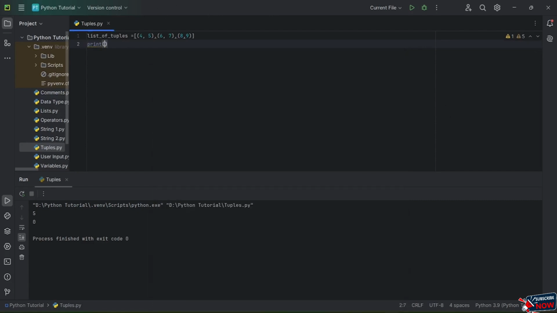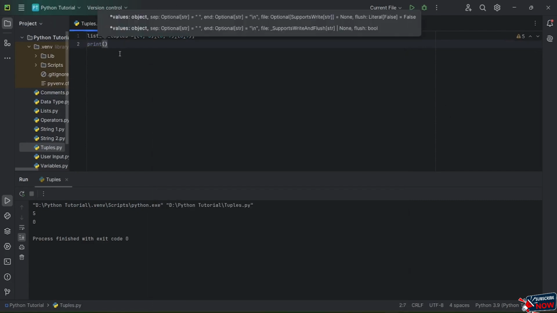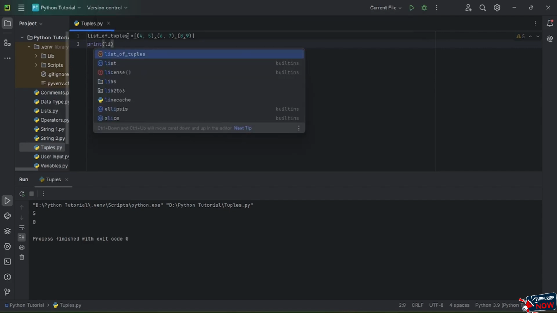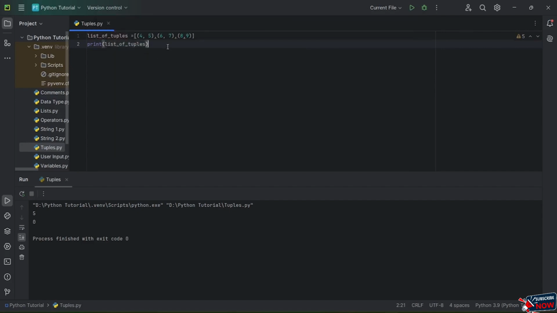Let's put print, open parenthesis, and type list_of_tuples. Here you can access each one of these. You can see I have three tuples. If I want to replace this whole tuple, you can do that, but